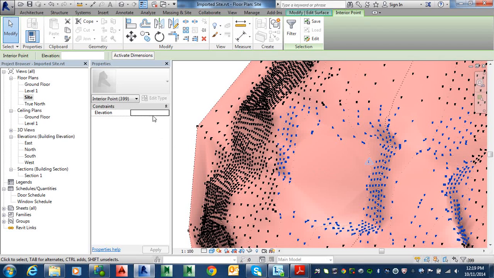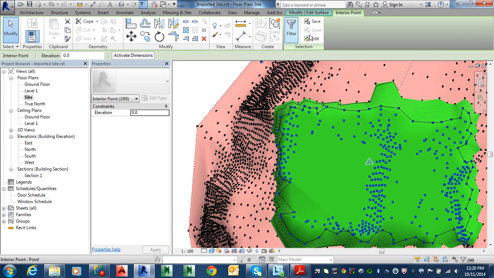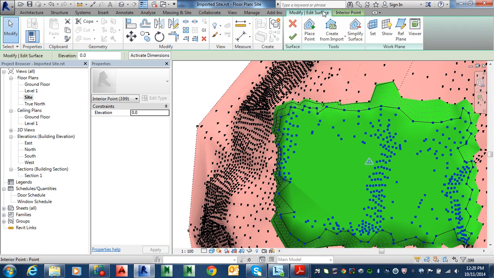Alright, so the elevation for this, it's got to be 0, I reckon. Yeah, putting a 0 in there for the elevation. And apply. And click finish. Now it says click finish, but I've lost mine. It's basically hidden under here, one of these. There you go, this one here. So you've got to bring it back up. If I click finish,